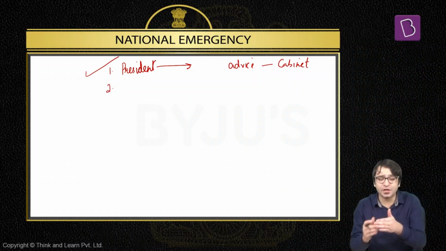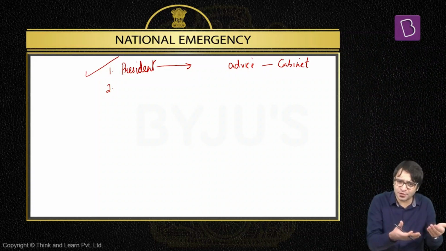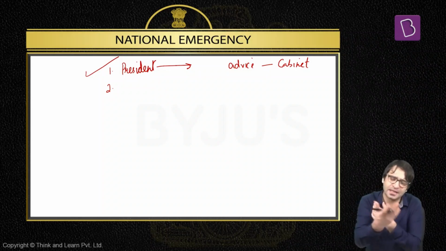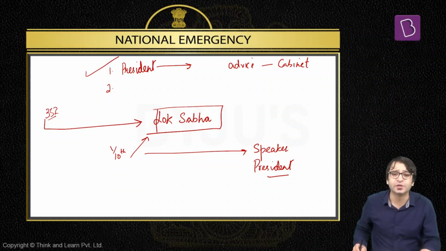Number 2, if Lok Sabha passes a resolution approving national emergency, Rajya Sabha does not pass this resolution, national emergency stands revoked. Rajya Sabha passes this resolution to approve national emergency by special majority, Lok Sabha does not, national emergency stands revoked. But now a special power is given to Lok Sabha MPs under Article 352, Clause 8 of the Constitution. And what is this special provision to the members of Lok Sabha? 1/10 of the members of Lok Sabha.